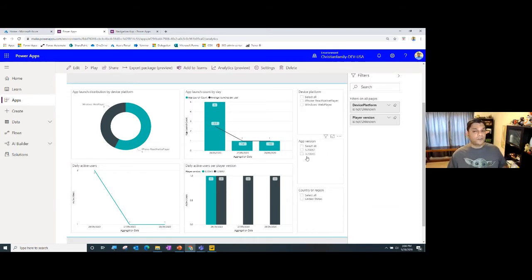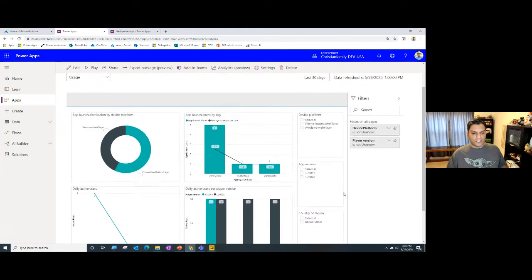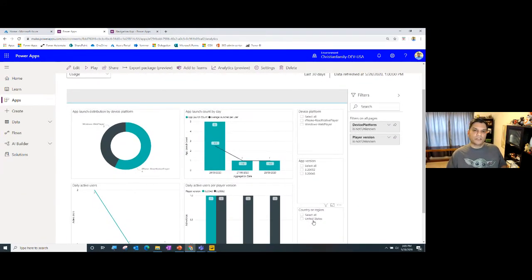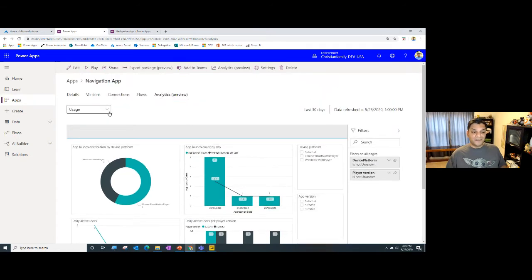Now this is very important for you to know, because if you are ever having to do some troubleshooting, it probably was because of the Power Apps app version, not the app that you built, but the actual app that was there on the device. You can see at that time what was available about the app. And it also gives you the geolocation of the app location. Now that's just on the usage side.